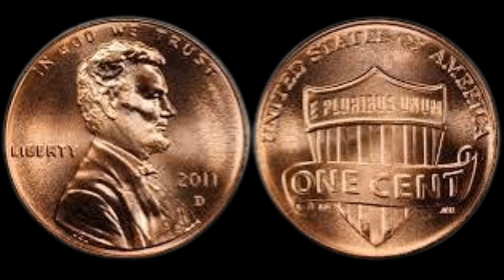told an even more incredible story, as it featured one of the most extreme cases of a rotated double die reverse error, where the shield was struck twice with significant rotation between strikes, resulting in a surreal overlapping effect that made the 1 cent denomination appear almost as if it were melting into itself, while the lines of the shield were duplicated and twisted in a way that appeared three-dimensional under certain lighting angles, and in addition to this rare